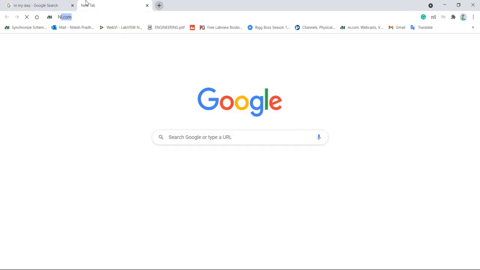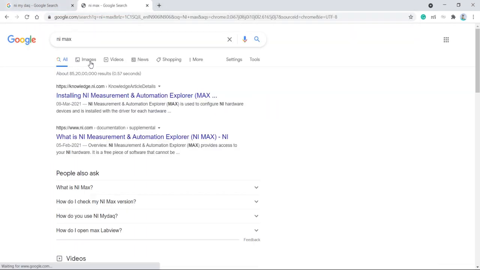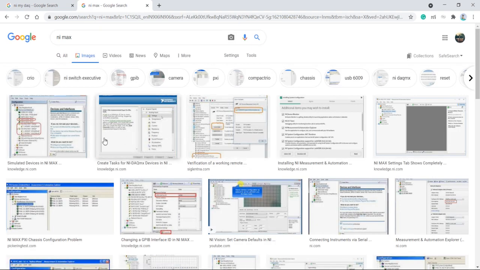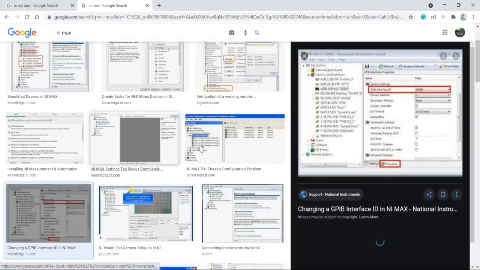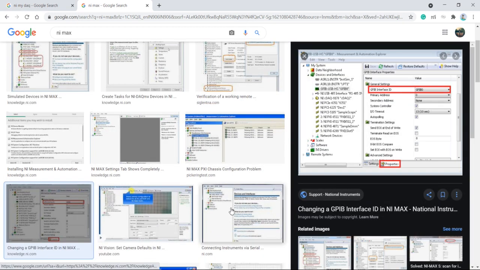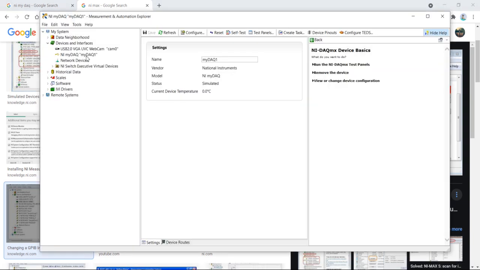NI MAX. Look here in this NI MAX, you can see this USB icon is black. That means in this PC the real original hardware has been connected, and here we had created this simulated hardware.